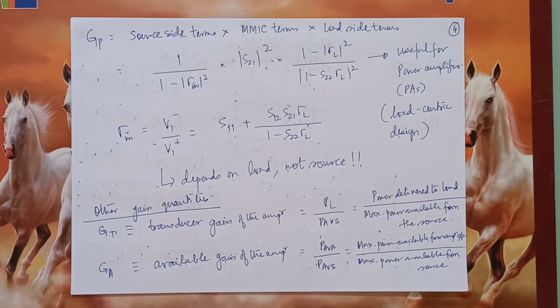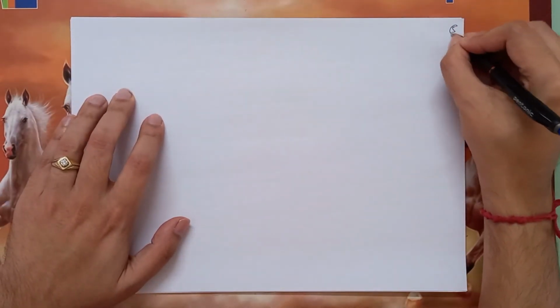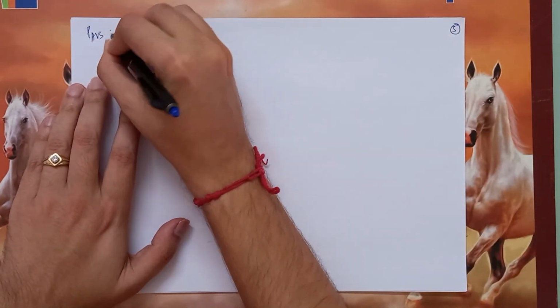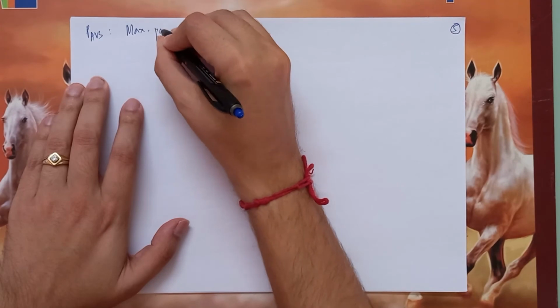So the maximum power available from the source comes as a consequence of the maximum power transfer theorem, where the source, including the source impedance, which is usually non-zero, will be able to deliver the maximum possible power from itself if and only if the load seen by the source is equal to the complex conjugate of its source impedance, which is internal. So if I talk about PAVS, that is maximum power